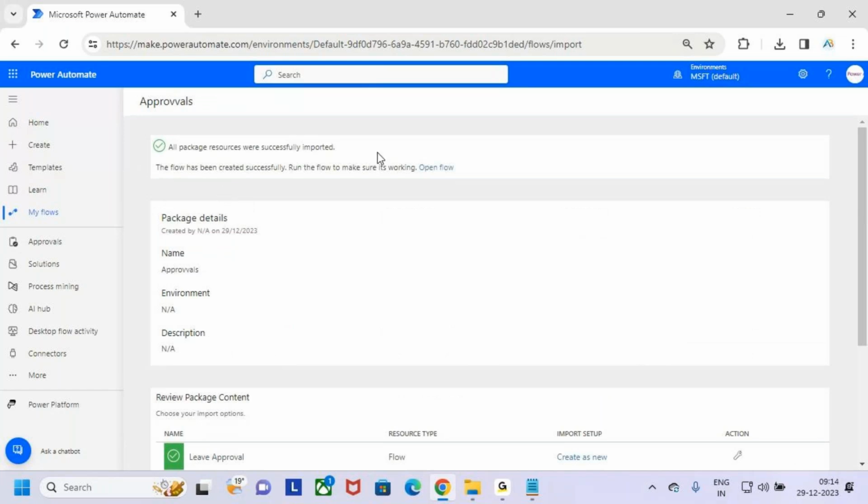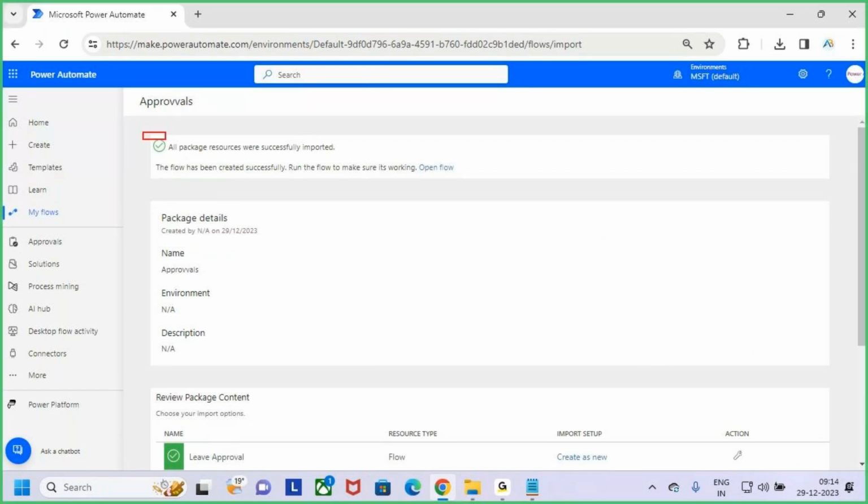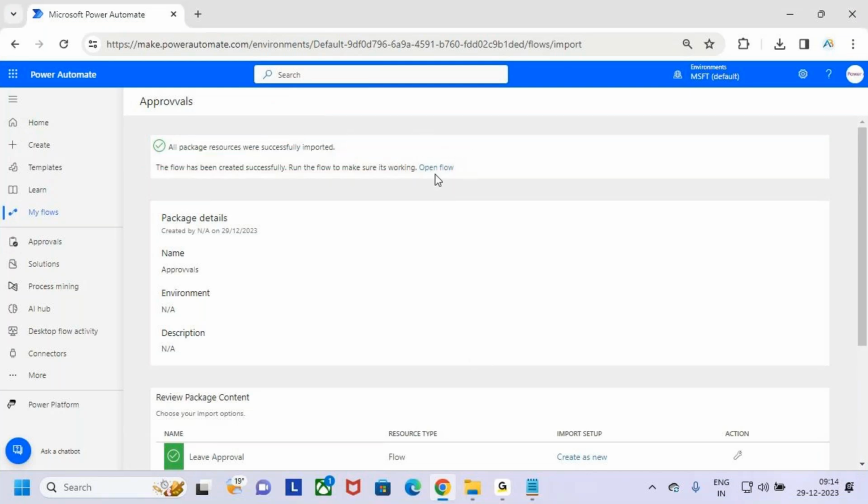Now see, once after it is imported, you'll get this message. All package resources were successfully imported. Your flow has been created successfully. Run the flow to make sure it is working or not. Now click on this open flow. When I click on the open flow, now it is going to open